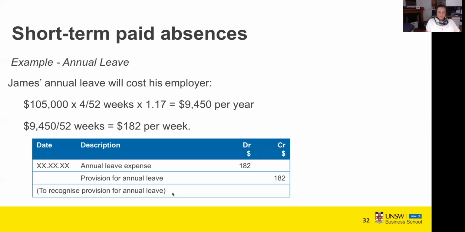So each week they would have a journal entry, debit the annual leave expense, credit provision for annual leave. So this is the annual entitlement. This is the weekly entitlement. And if, for example, you were asked for the monthly entitlement,